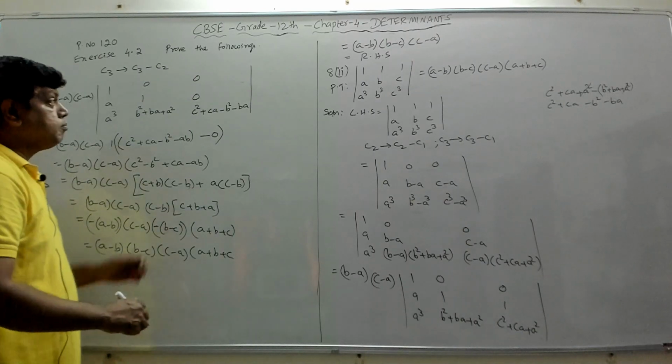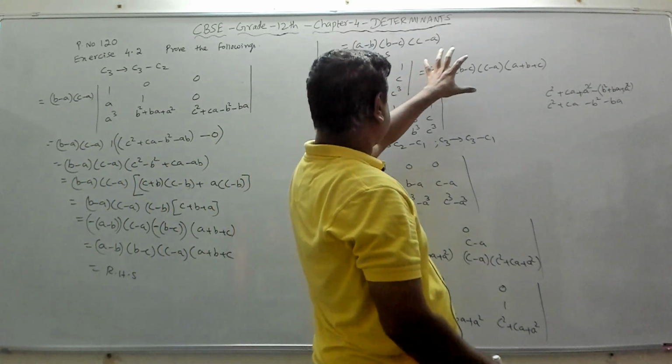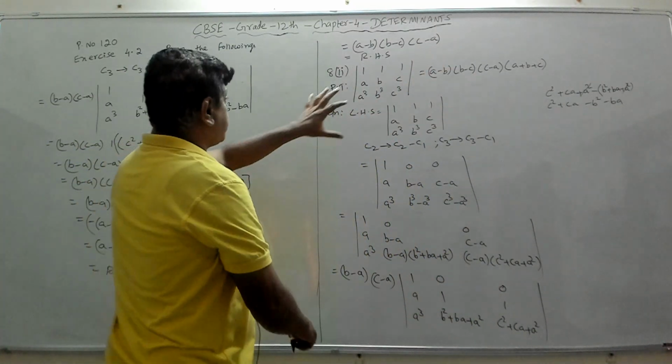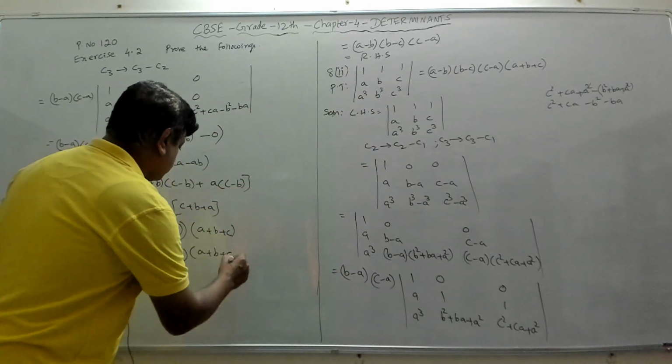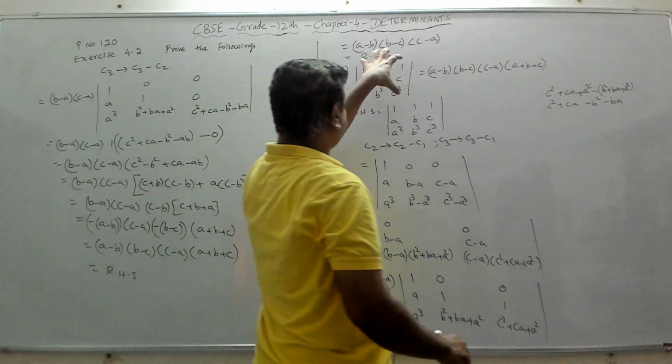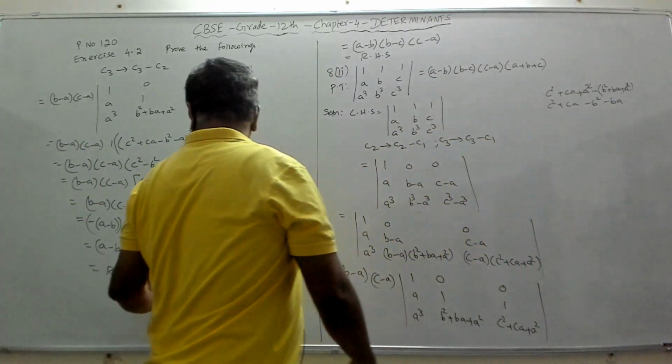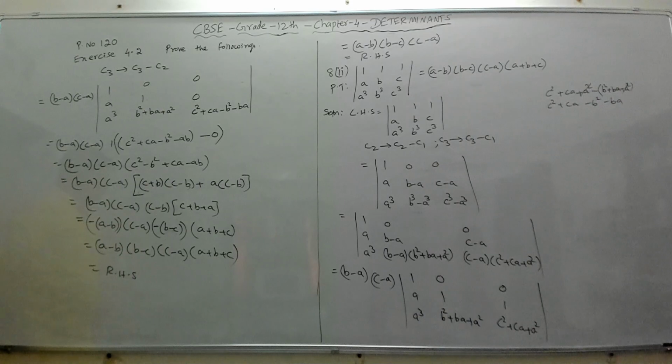Right, and check. So we started with this and we have proved that value of this is equal to this. I had to close this bracket, sorry. So we have proved this is equal to this. Fine. So if you can pause the video and take the notes, I will erase this and I will go to the 9th problem.